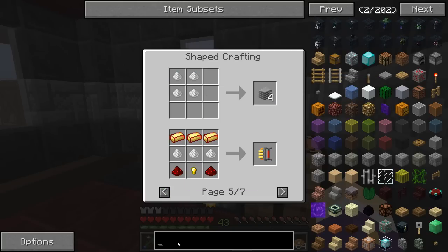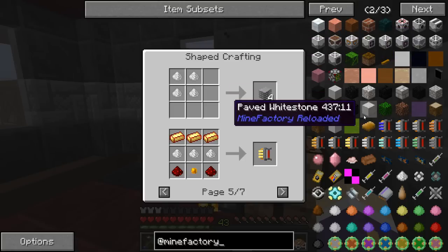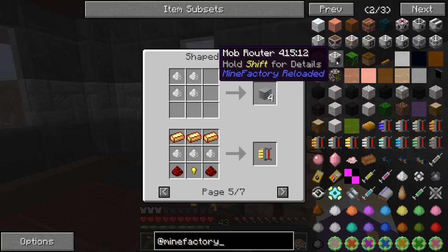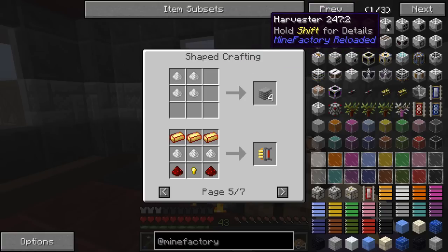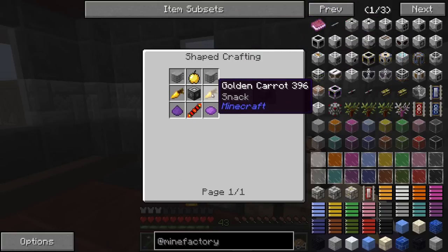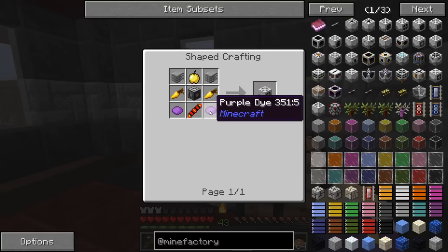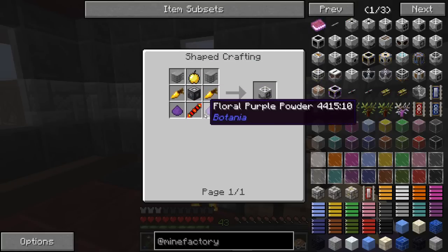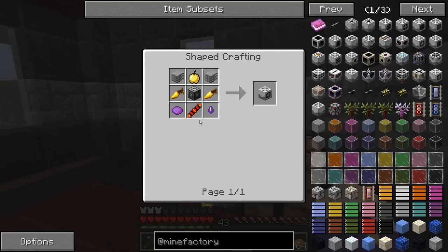And these plastic sheets are pretty much what you need for everything in MineFactory Reloaded. There we go. And what I want to be making in MineFactory Reloaded is... it's over here. I want to make a breeder. So some carrots covered in gold, machine frames, a couple of plastic, a bit of purple dye, which is blue and red if you don't have purple dye coming through your mob farm, and a little bit of a redstone